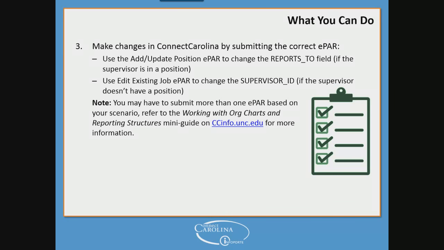There's a mini guide on CC Info this morning. It's on the HR representatives page. It's called Working with Org Charts and Reporting Structures. And it has a page in there about what to do if you notice something's wrong. So if the reports to field is wrong, what you need to do, and then if you've got to make a change from one field to the other, how to deal with that